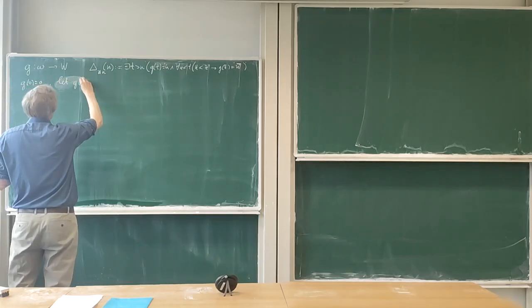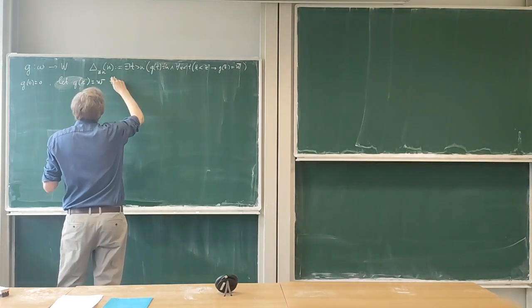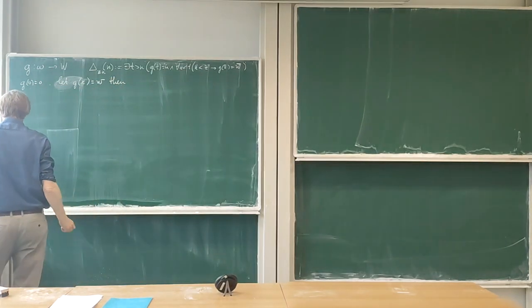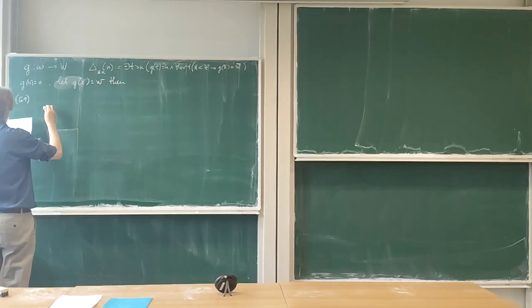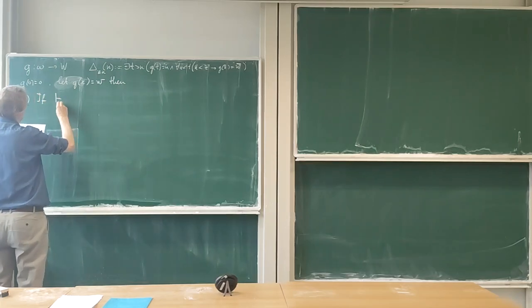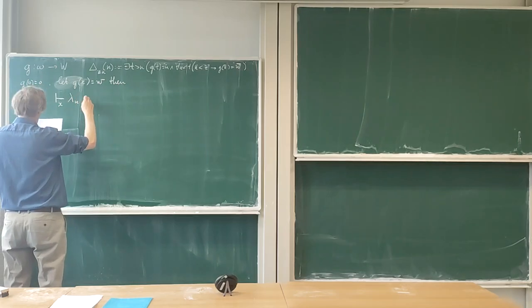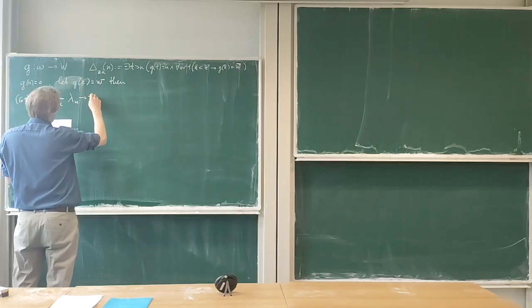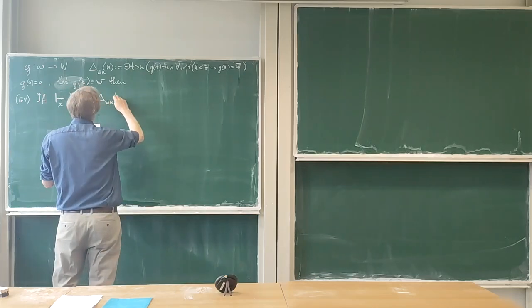Let g of x be w, then define g of x plus 1 by two conditions. So g1 is: if x is a proof that lambda u implies not delta w u of n,